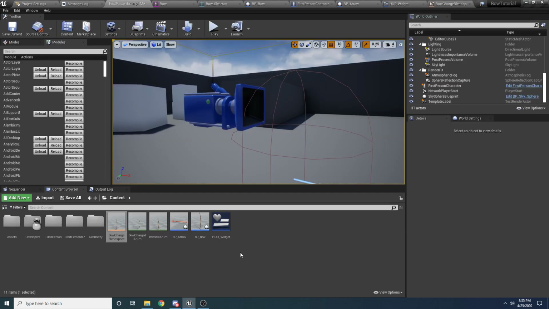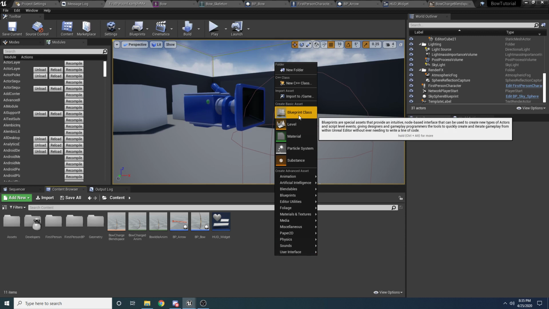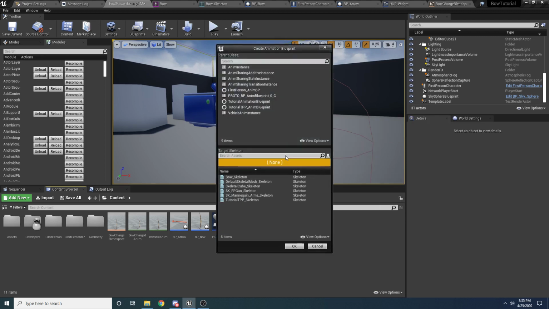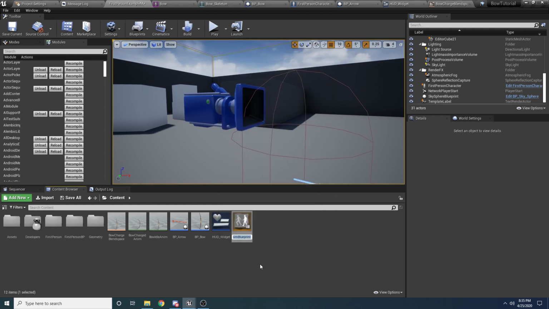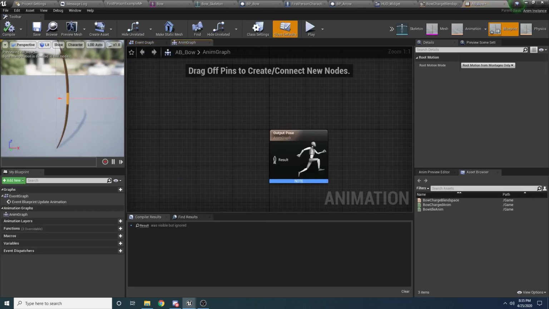So back in the content directory, just right here is fine. We can right click and make a new animation blueprint. And we want to do it for the bow skeleton. So select bow skeleton down here at the bottom and go ahead and hit OK. And we'll call this AB for animation blueprint and then underscore bow. And then if we double click and open this up,